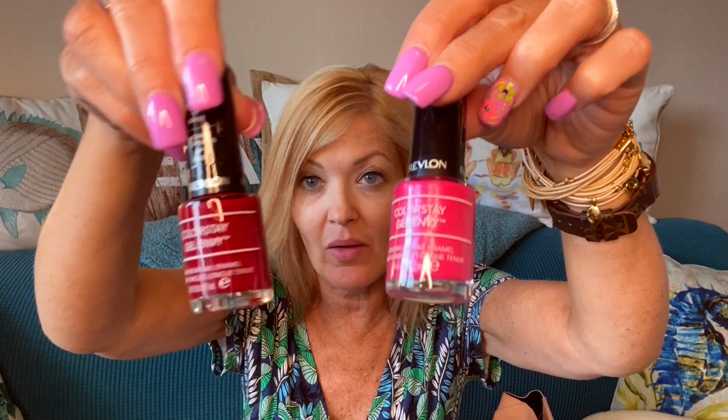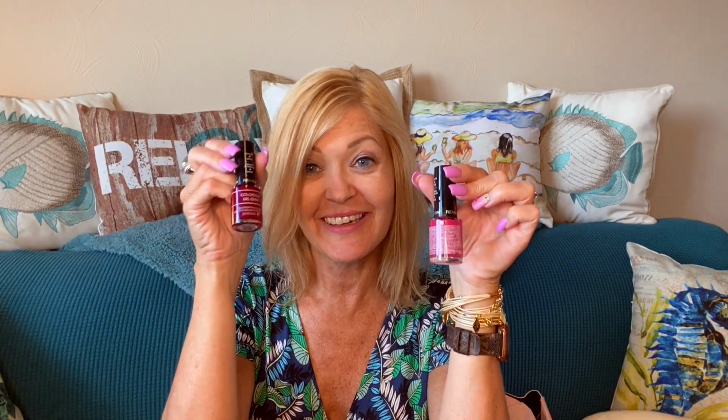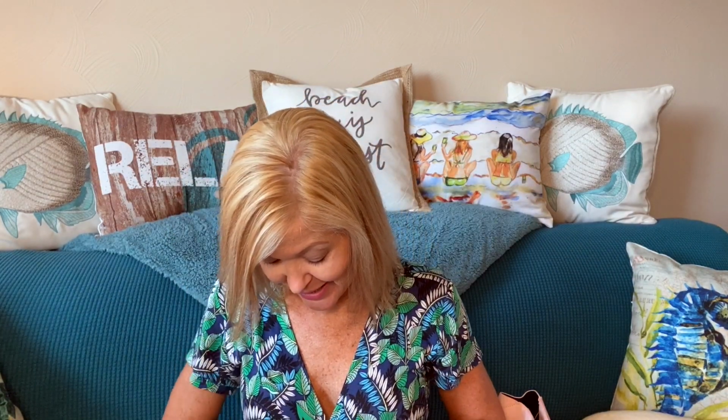Okay, I still have more goodies in my little bag here. I have 2 nail polishes from Revlon. I have a nice pinky color for right now. I have a darker color for evening wear or for going into fall. Love these. I think these are both very pretty. Royal Flush and Queen of Hearts. Awesome. And looks like I have the matching